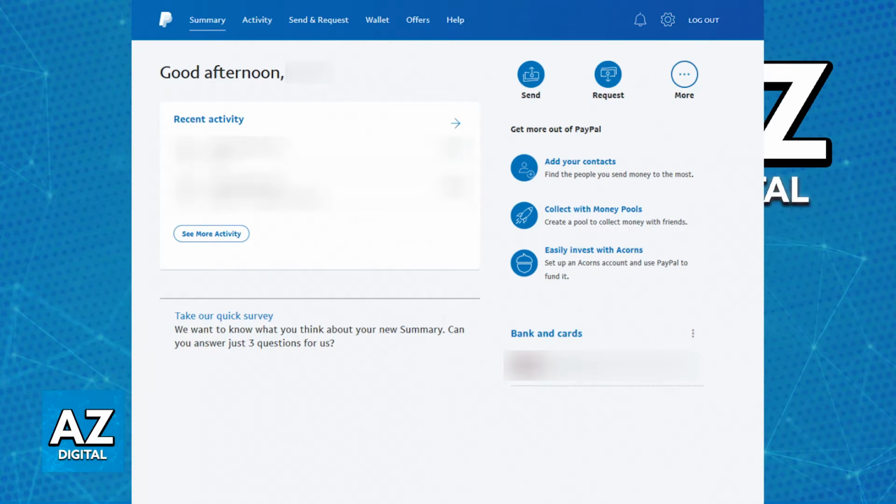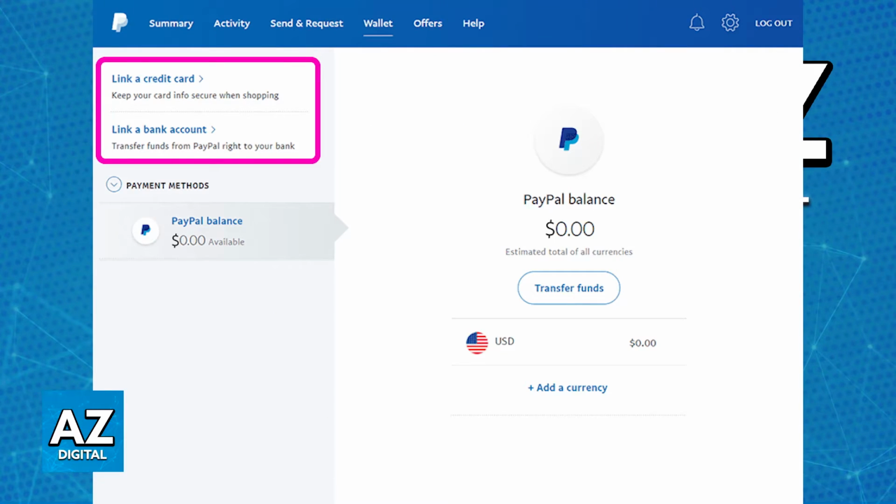on PayPal, all that you have to do is go over to your wallet page. You can do this on the mobile app or tap wallet if you go over to the website. When you go over to wallet, you will see plenty of options related to managing the connected accounts on PayPal, with one of the options being link a credit or debit card or bank account.